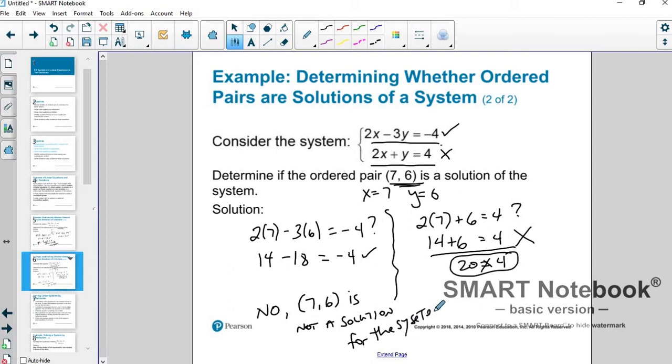Okay, it works for the first one. I can't spell, but it works for the first one, but not the second one. Okay? So that's how you test to see if an ordered pair is a solution, but how do we find the